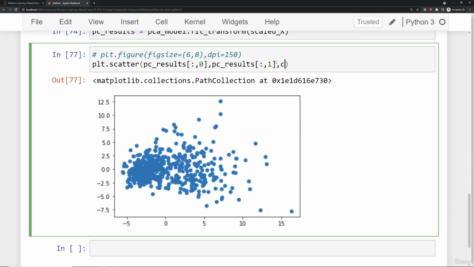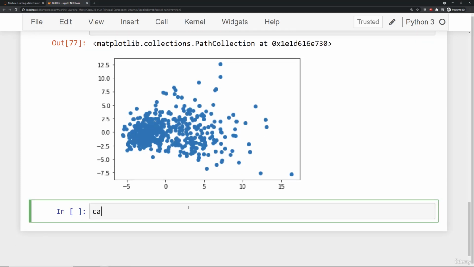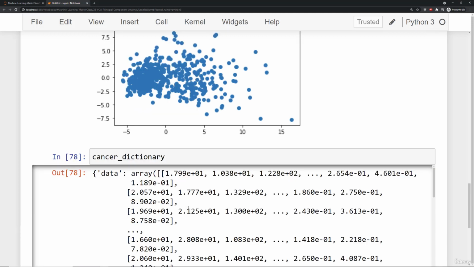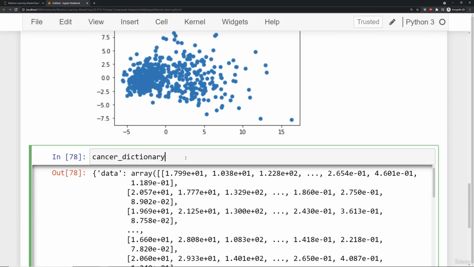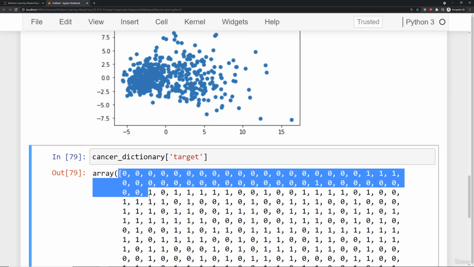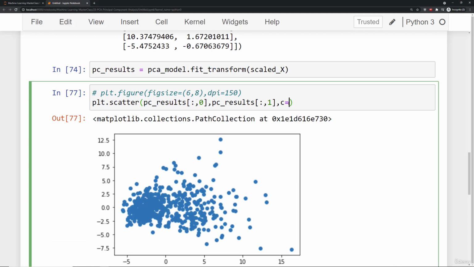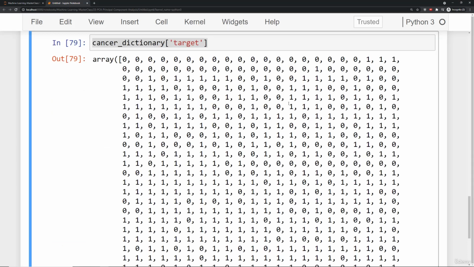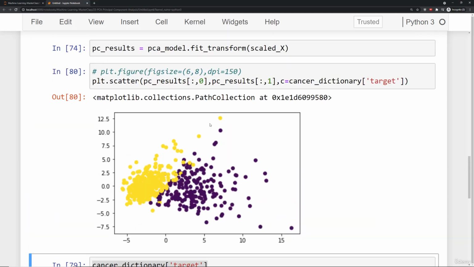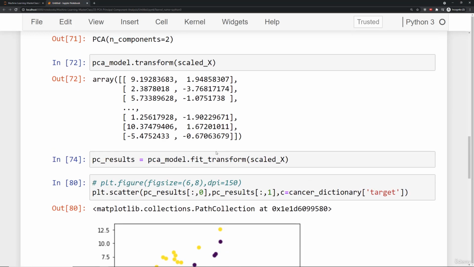c is equal to, and recall previously we had that cancer dictionary. I actually still have it loaded up in this notebook, but you can load it up the same way we did before. Recall we had this target column, which was the 0s and 1s. So if I were to color this same plot off of that, it would look exactly the same as it did last time. Okay, so pretty much the exact same results using PCA,